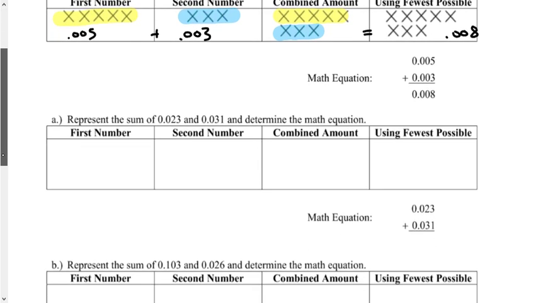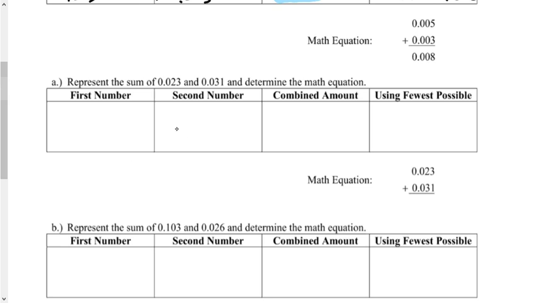All right, now let's look down here at one for us to do that's not already finished, at least not all the way. Represent this sum and then determine it. So I've got 0.023, in other words, tenths, hundredths, thousandths, or 23 thousandths. You can also think of that as 2 rods and 3 units. And we're going to add that to 0.031. And this is rods and units. So 1, 2, 3 rods and 1 unit. Now when we add all that together,